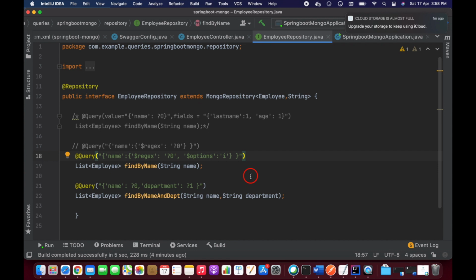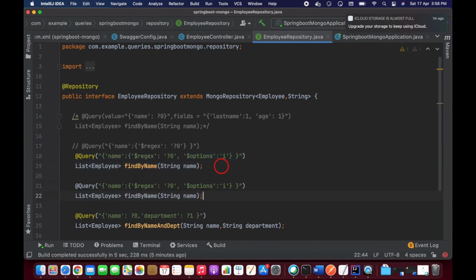After that, if you want to find employees by age between, using less than and greater than, how are you going to use that? I'm going to explain that way also. Let's copy this and paste here. I'm going to add find employees by age between, and I'm going to pass min and max.